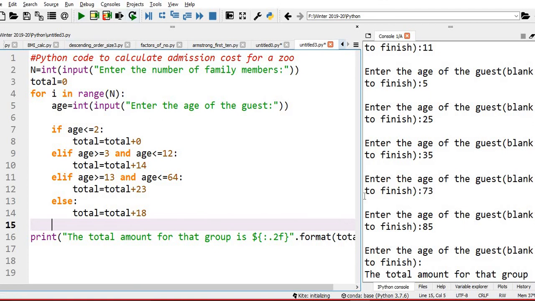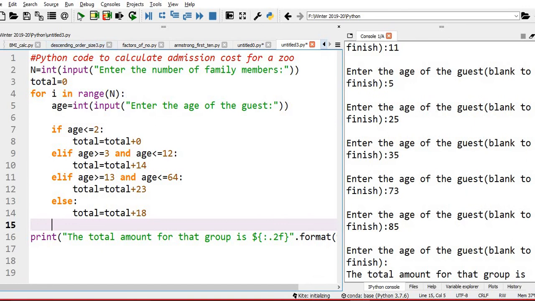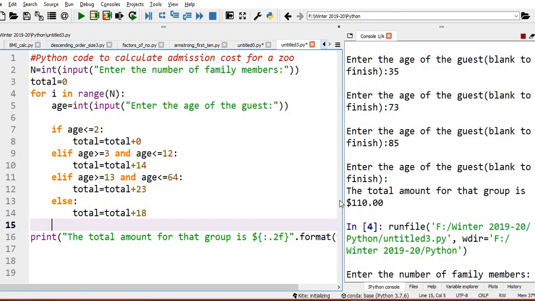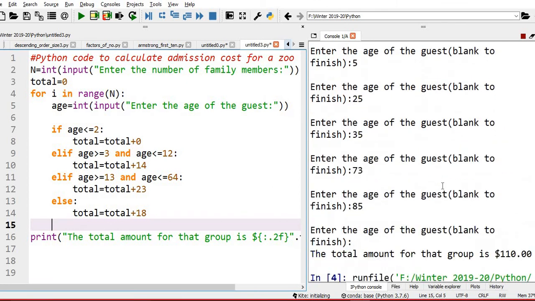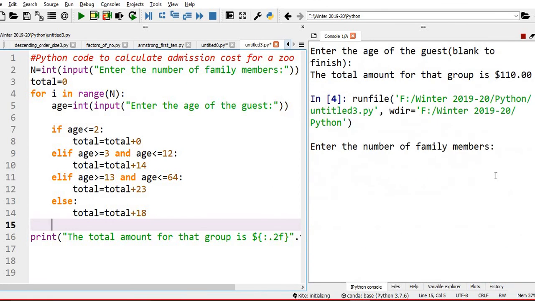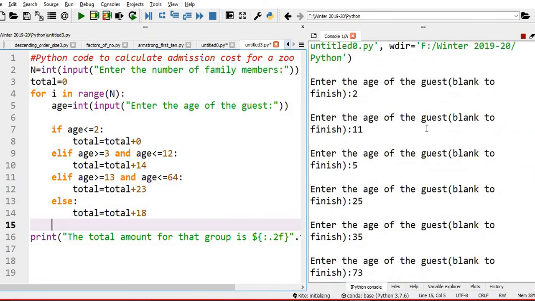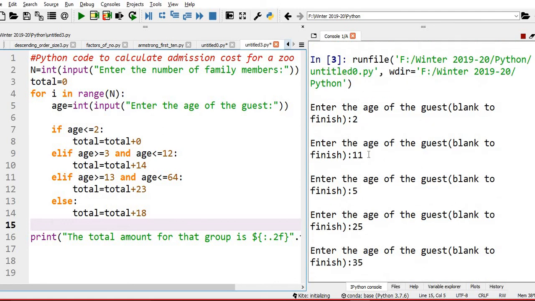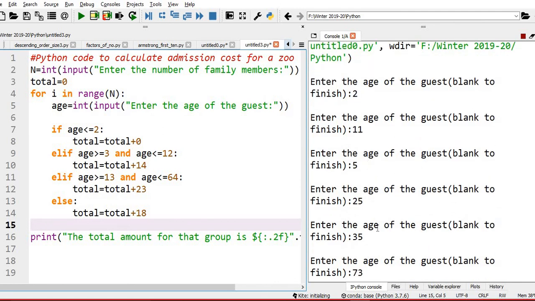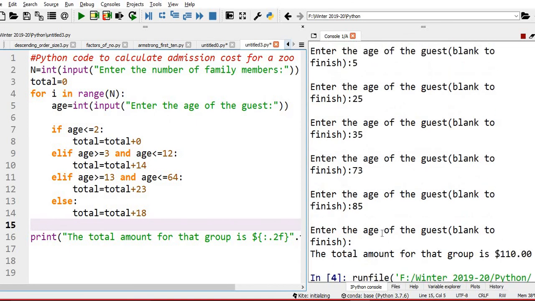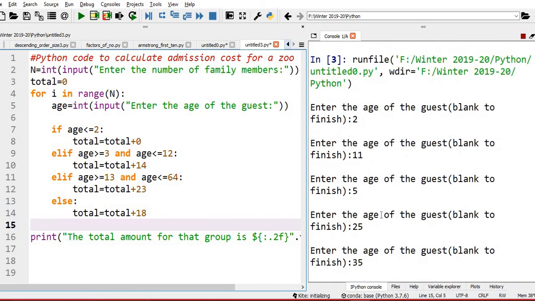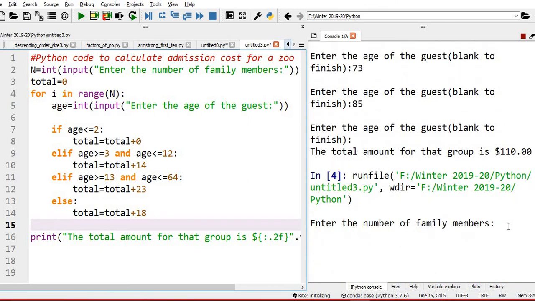We execute this. Enter the number of family members. Let me enter any value, say 8 family members.